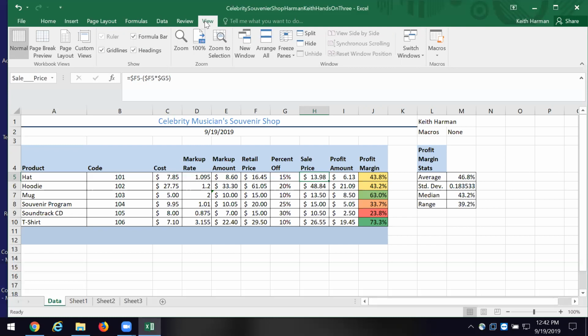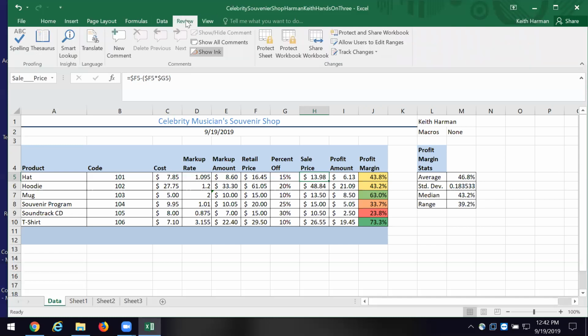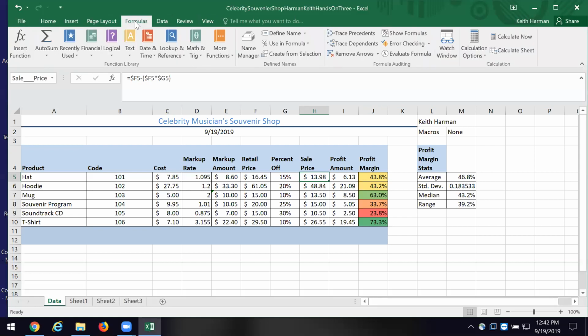Have we got anything that'll get us there? Let's try review and let's see what's there. Is there anything there that will help us? No, so far, no good. Let's click on formulas and see if there's anything there. When I click on the formulas tab, is there a function within that that will help me see the formulas?